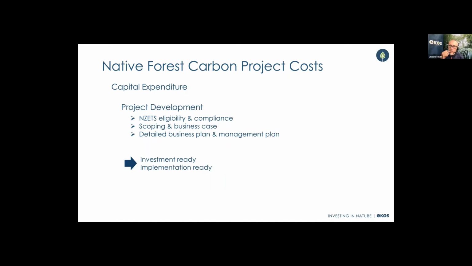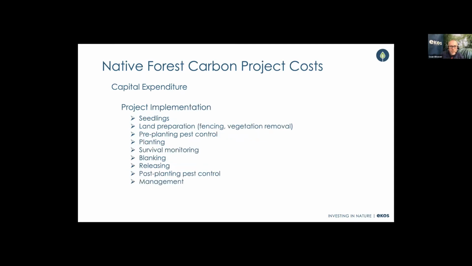And then when you get to the point where you do want to go ahead with a project, the first expenditure for implementation would be to order your seedlings. For native forests, you typically have to order those usually 2 years in advance of planting. For some native species, it might need to be a bit longer, but typically allow 2 years ahead of time. So project implementation, you've got to buy your seedlings,